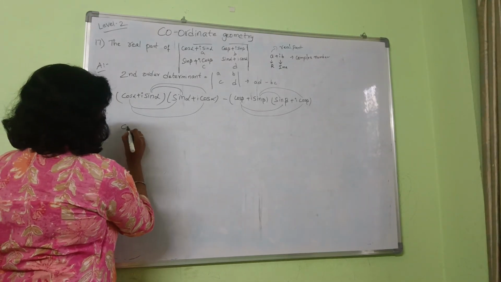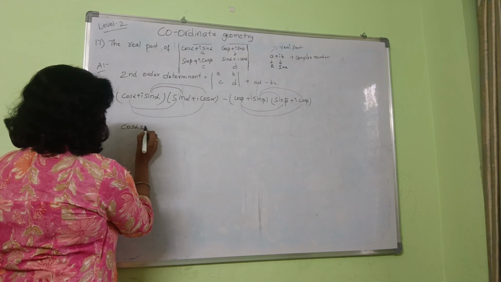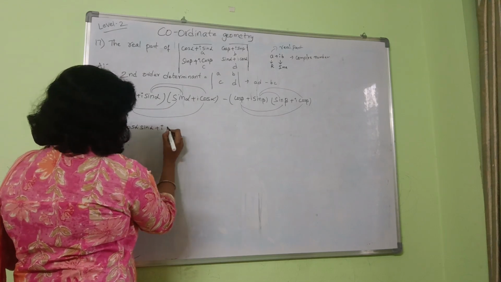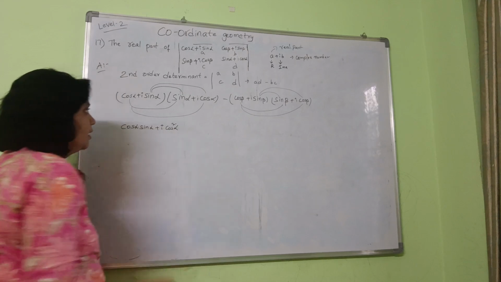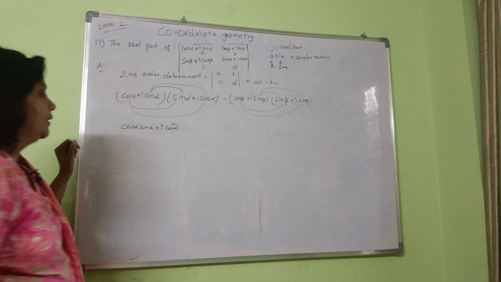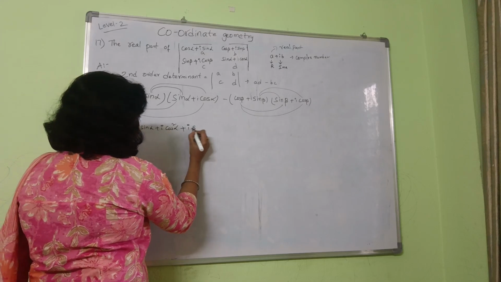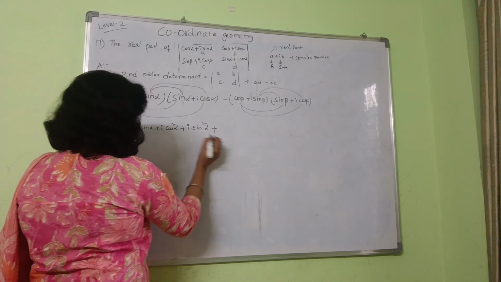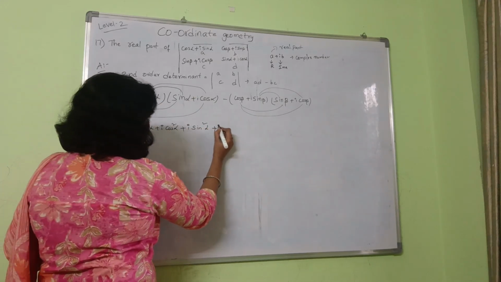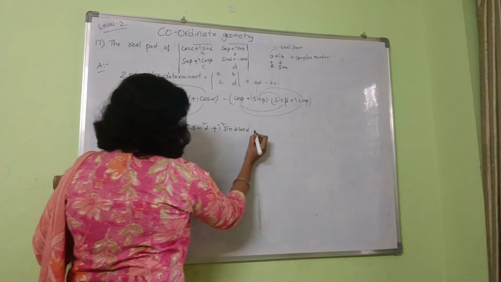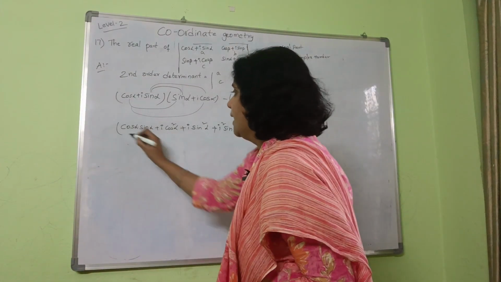Cos alpha into sin alpha, plus cos alpha into I cos alpha, that is I cos square alpha, plus I sin alpha into sin alpha, I sin square alpha, plus I into I square sin alpha into cos alpha, minus, in brackets,